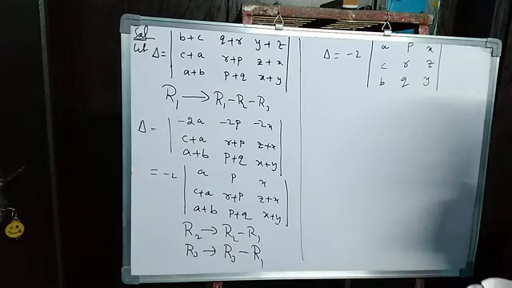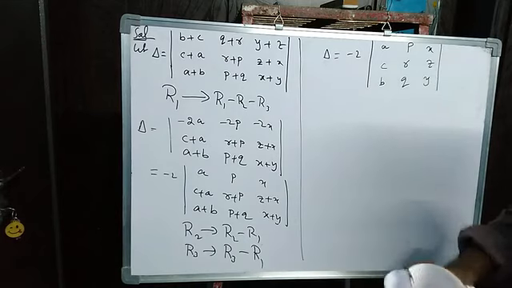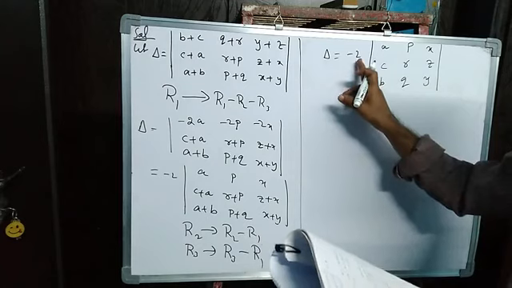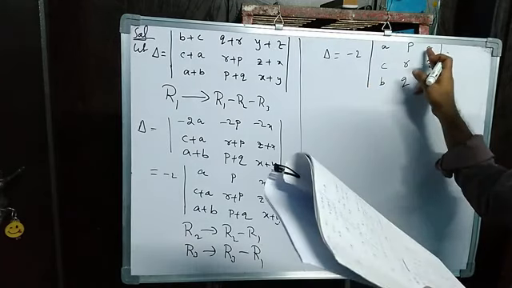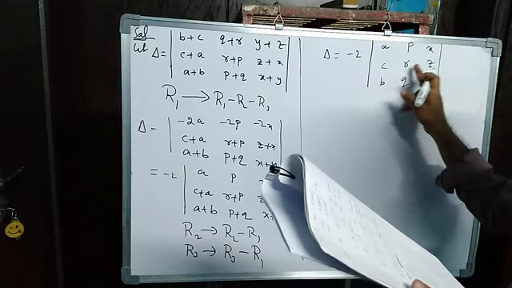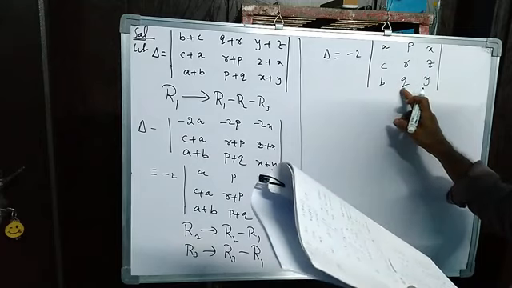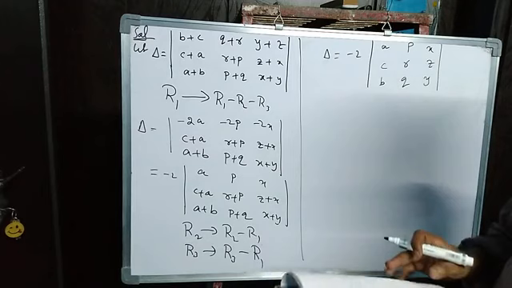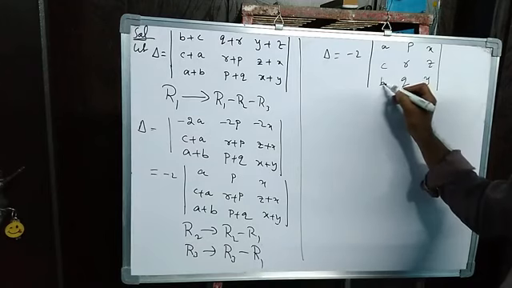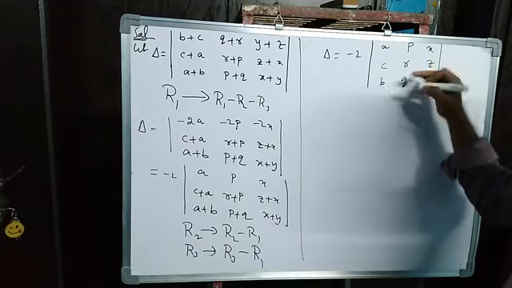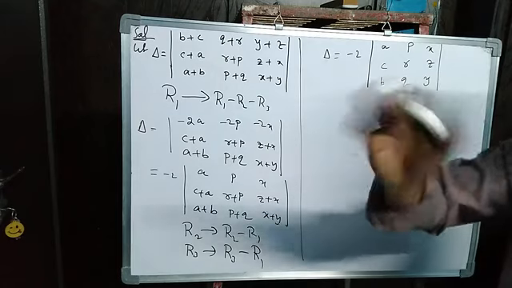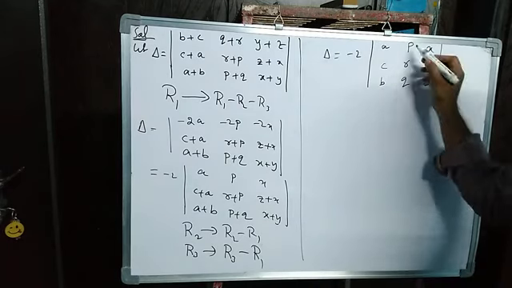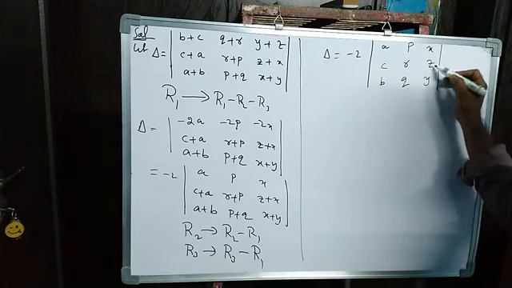Right? Yes. So actually, what do we have to prove? We have to prove that 2 into the determinant of A, P, X; B, Q, Y; C, R, Z. But these two rows are reversed, and minus 2 also is there. So what do you have to know here? These two rows we have to interchange to prove that. Here we have A, B, C; P, Q, R; X, Y, Z.